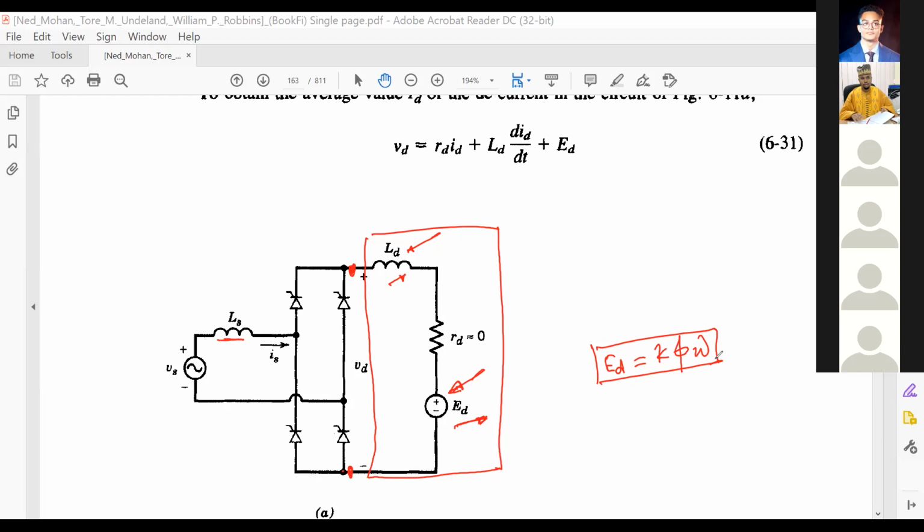Okay, this is what kind of load then? K is that constant. Phi is what? Flux. If it is a shunt motor or a permanent magnet motor, then it is a constant, and omega is the speed. When omega is equal to 0, then your back EMF is 0. Then your armature current, if you remember, is VA minus EB, the back EMF, divided by RA. This is the steady state case. And when EB, omega equal to 0, then it is 0. So at starting, the current would be very high, about 10 to 15 times the rated current.